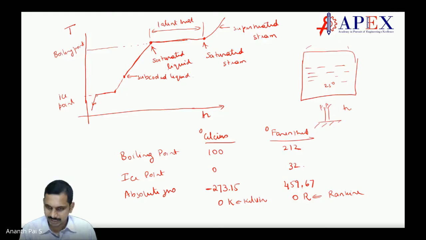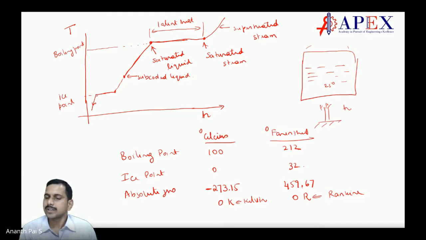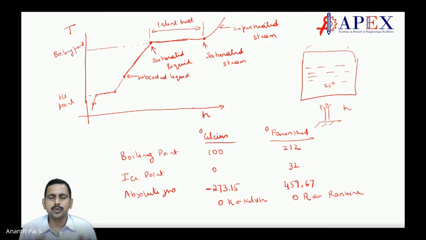Sir, Rankine is a different unit, right? Yes, Rankine is a different unit. So 0 Kelvin and 0 Rankine are both equal. Okay, sir. It is just what you call it. Tomorrow I can call it the Ramakrishna scale, is it not? I will call it the RK scale. And I'll give my numbers arbitrarily, is it not? Similarly these things are. Correct. I will call, for example, the RK scale. Let us do that.